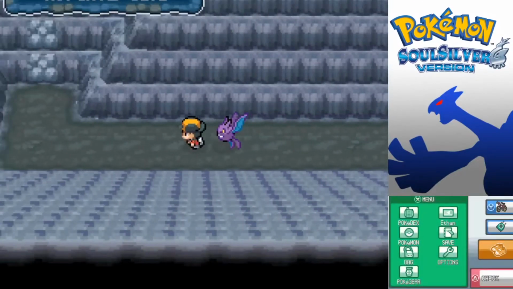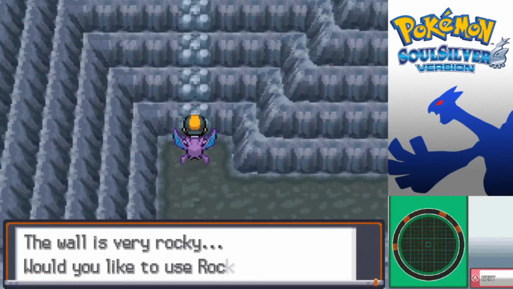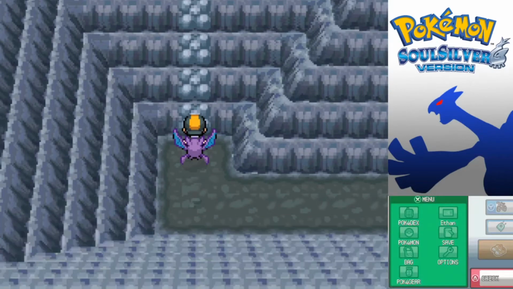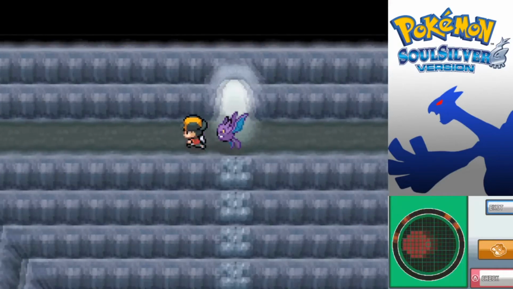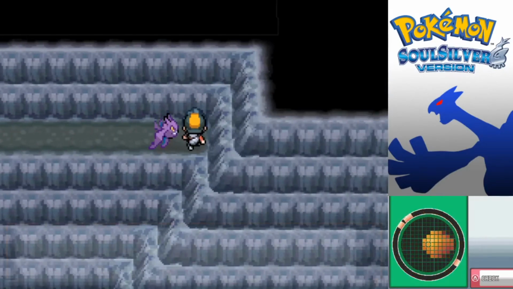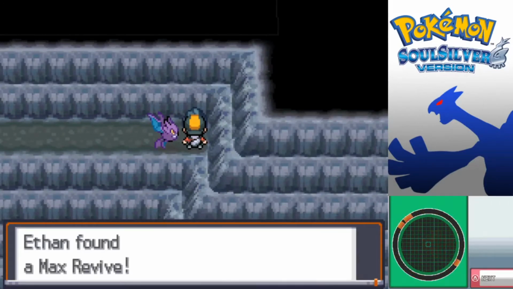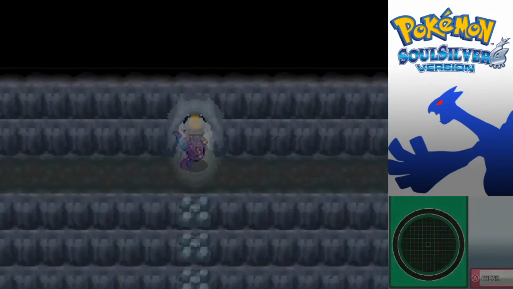It's the final room for us, and I don't believe there's anything in this room. I think I'm about to be proven wrong. I think I am being proven wrong here. There's an item in this rock. Max Revive. All right, that's going to be pretty handy, actually. Because...